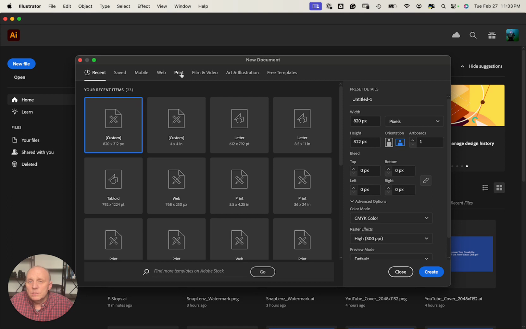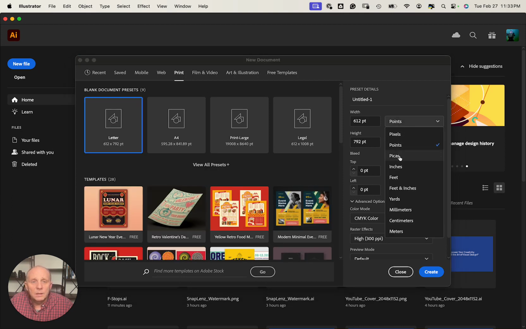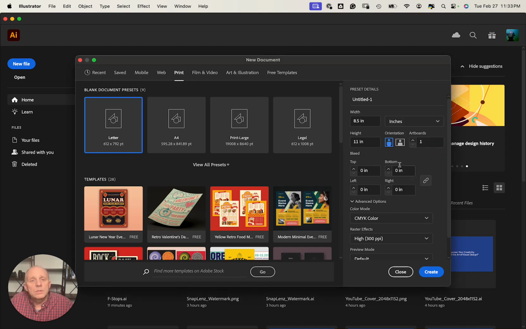I'm just going to start off. I'm going to print something, and let's make it inches. I don't want to mess with picas. Let's just do 4 inches by 4 inches. Now, there's a lot of stuff that goes into this. And let's just make a camera icon. Say I'm going to make a social media post or a website, and I just